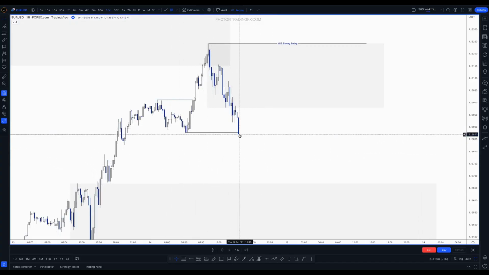So we've had an M15 bearish BOS. We're looking to play the 4-hour pullback. What do we expect though after an M15 bearish BOS? We expect an M15 swing pullback, okay? So what can tell us where that swing pullback may start? Well, we can wait for at least a bullish M15 change of character. We know that, but now what can we bring in? We can bring in supply and demand. So if we look left, are there any